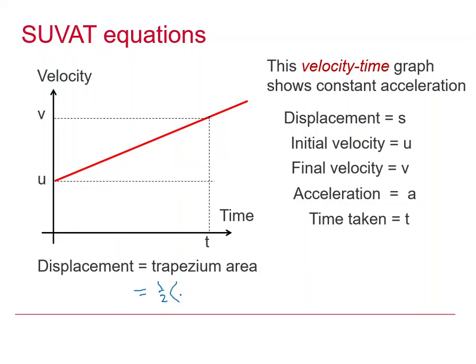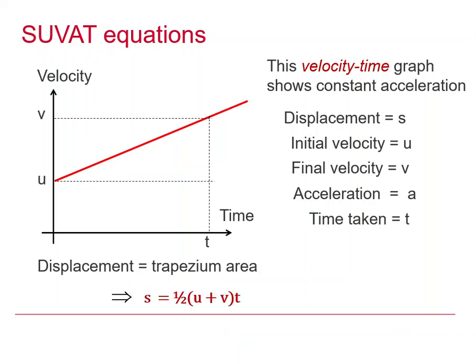Now the parallel sides, the one on the left is u, the one on the right is v, and then we need to multiply the distance between them, t. That's a standard trapezium area, and s is displacement, so s equals a half u plus v times t